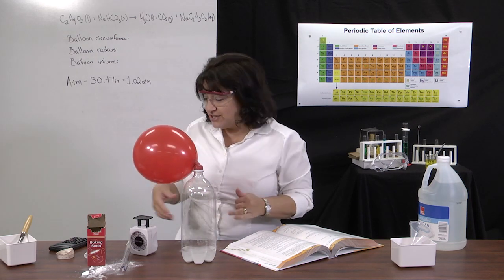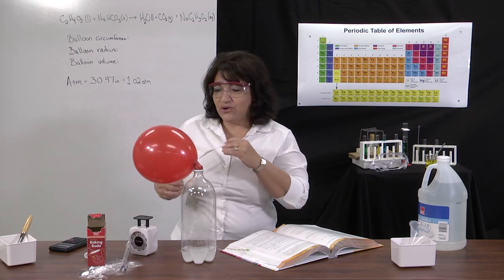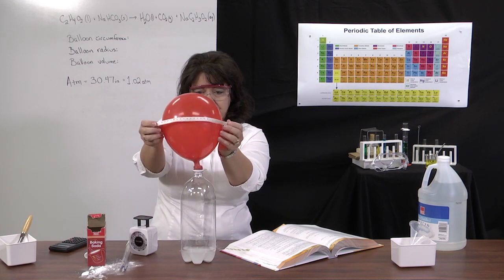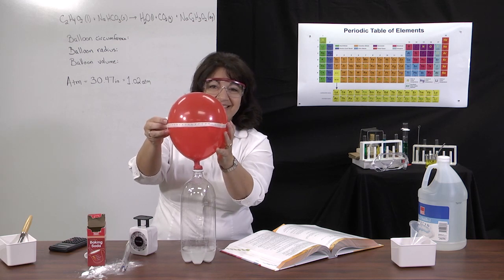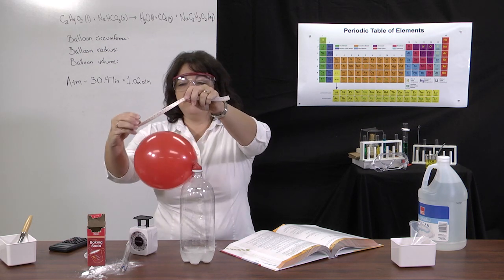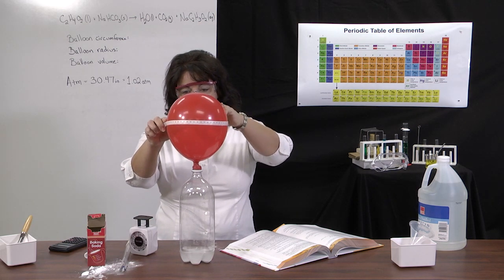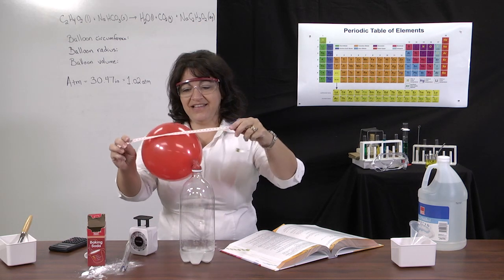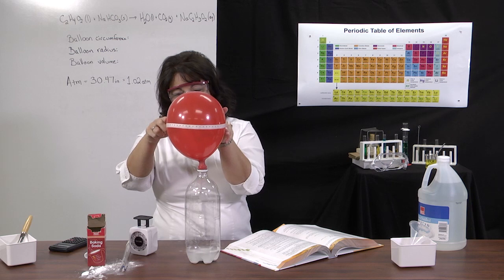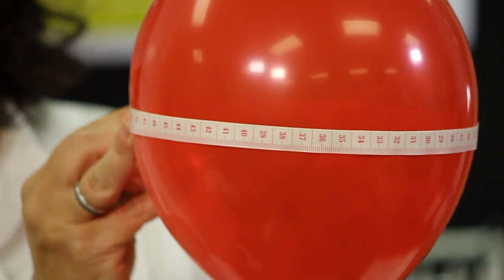To do that, we first need to measure the circumference of the balloon. Our goal is to get the radius of this balloon. So you want to get a tape measure and measure the widest part of the balloon. We're going to guesstimate this as a sphere. If you have a tape measure with centimeter measures, that's great. If not, do the inches and we can convert to centimeters. Conversion should not be a problem. It's a little unwieldy. You may need a helper. I will try to do it myself so that I can read it. And I have,